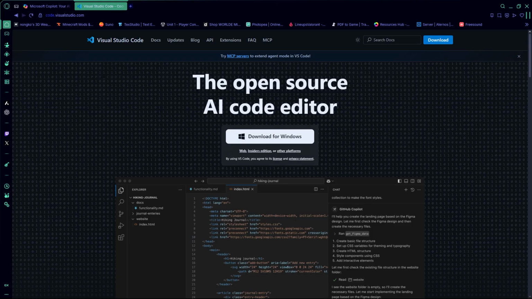So, before we start coding, I'm going to have to tell you a few tools you're going to need. To start with, to code, we're going to need Visual Studio Code. So you're going to go to the website, that's going to be in the link in the description, and you're going to download it for your respective device. So this is Windows, Mac, Linux, whatever. Alright, next you're going to go to